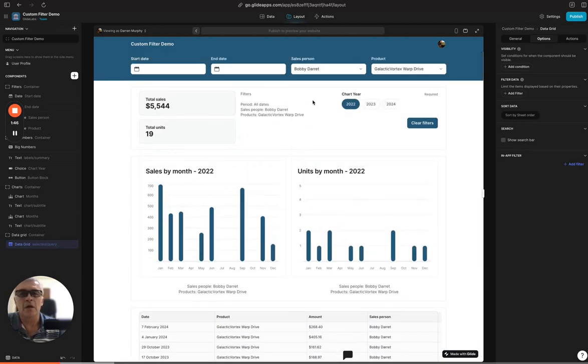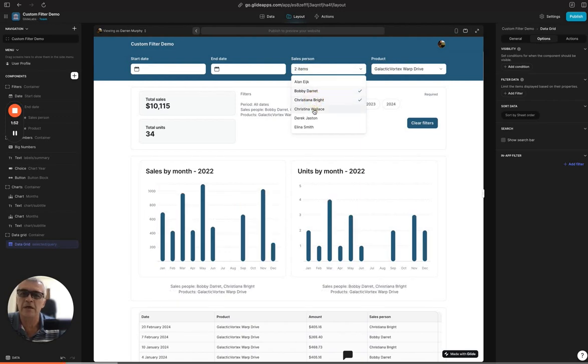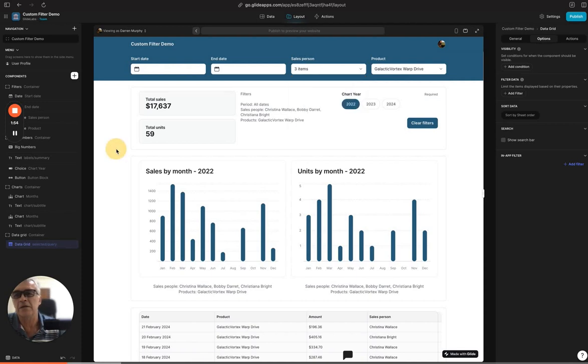And you can see Bobby's sold 19 of those, total sales of that, and then this is filtered as well. We can also do multiple selections, so perhaps Bobby and also Christina and the other Christina. And so that's combining the data from all three, and it's been applied to all components. The only difference is with the chart. With the two charts, that's fixed at a 12-month period